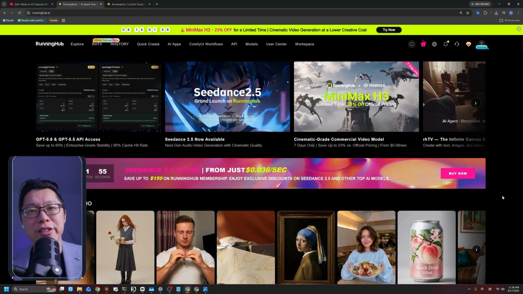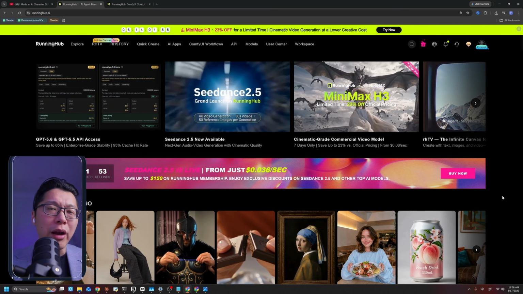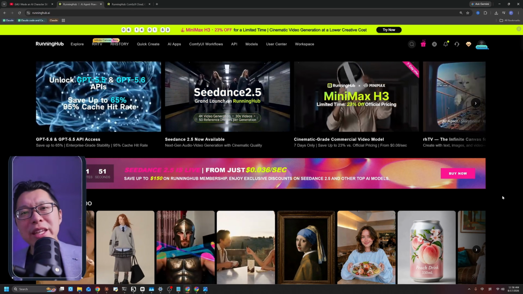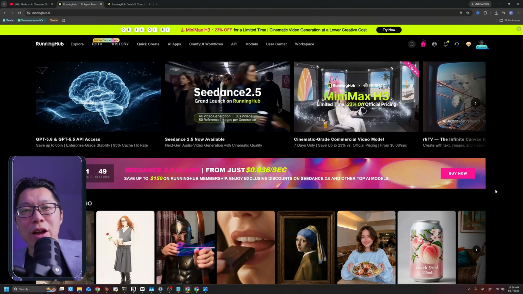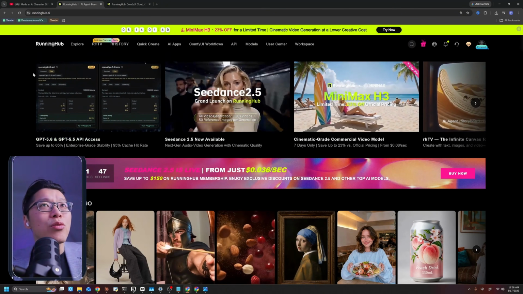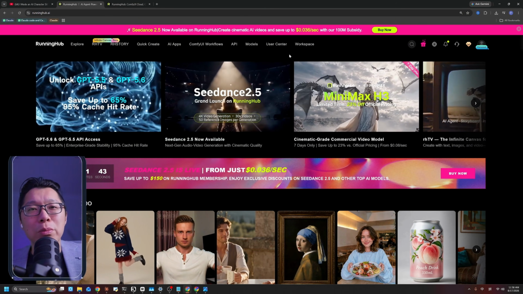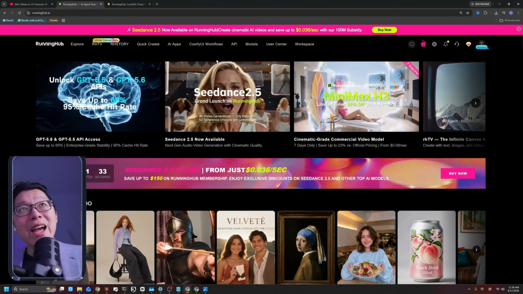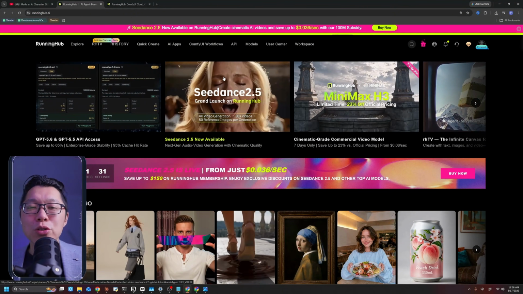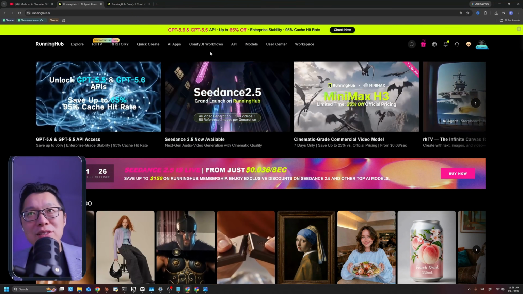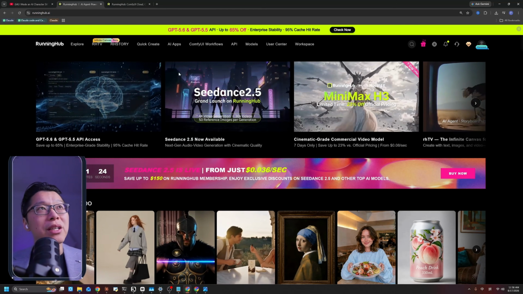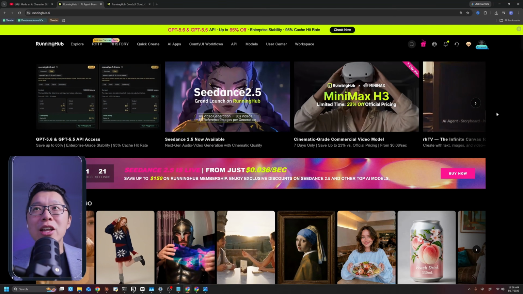After a long period of searching and comparing so many different platforms, I found the best solution for you guys right now, and which is RunningHub. This is a cloud ComfyUI workflow platform that allows you to run ComfyUI on your computer, but without using your own GPUs. There's one big problem with this website, because if you come to the main page, it looks very